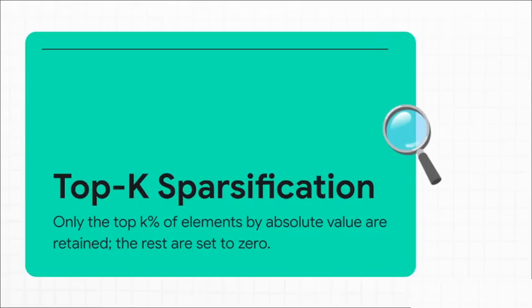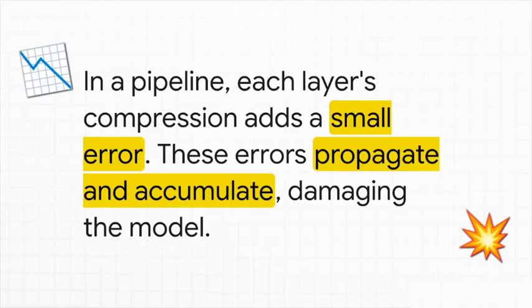So let's take a look at a really popular technique called top-K sparsification. In data parallelism, it works great. The idea is simple. You just keep the most important, say 10% or even 1% of the data, and you just toss the rest. It's super effective in that context. But in a pipeline? Oh, it's a total disaster. And here's why. In a pipeline, the first computer in the chain compresses its data, which introduces a tiny, tiny error. Then it passes that already flawed data to the next computer, which compresses it again and adds its own error before passing it on. You can see where this is going.